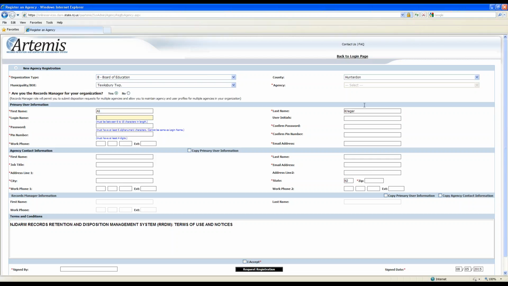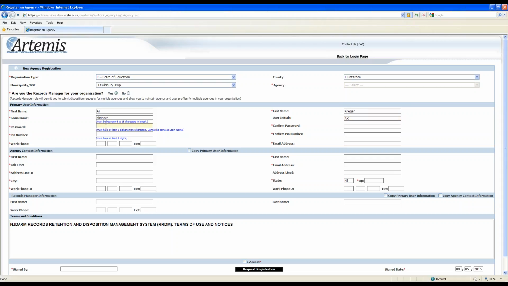The problem is that remember, this system has been in place since 2009, and if you have a common name, let's say like John Smith, and your name happens to be Janice Smith, and you try to use J Smith, chances are J Smith is already used. It's like if you were registering for an email address for Yahoo or Gmail, and it's already been taken, you're going to have to pick something else. Same case here. If it does, just try to pick another username. But typically, most people use first initial, last name, which I'll do here. I'll put in my initials at the very end on the next section.